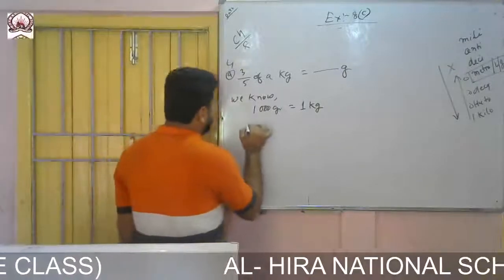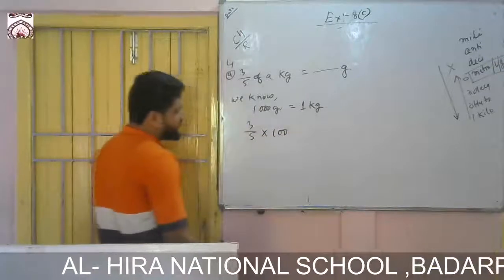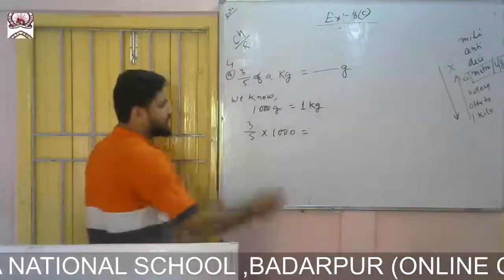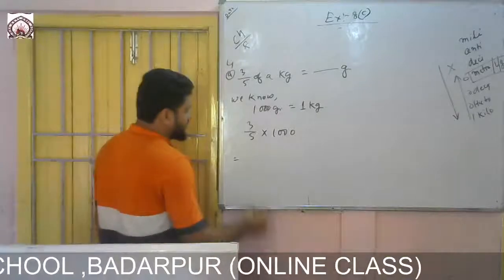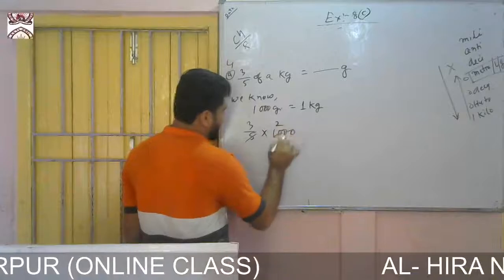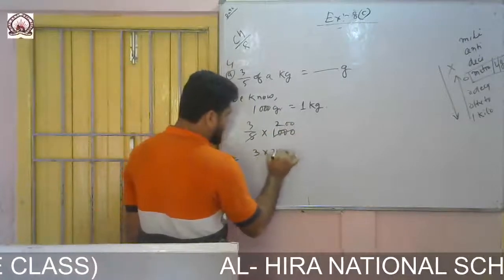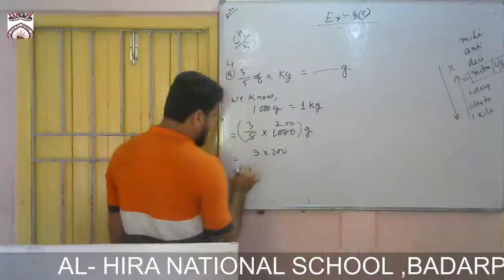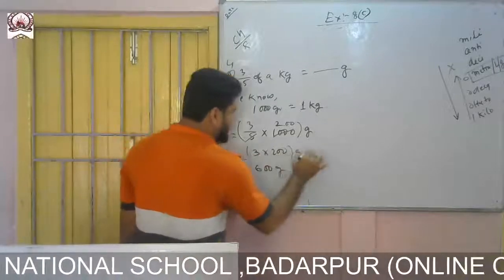So it will be 3 by 5 into 1000. Okay, 3 by 5 into 1000. Then I shall get it in kg. So 5 how many jar? 5 2 jar 10, remain 2 zeros. Okay, so 3 2 jar 6, 3 into 2. You do like this one gram. Okay, so 3 2s are 600 gram.